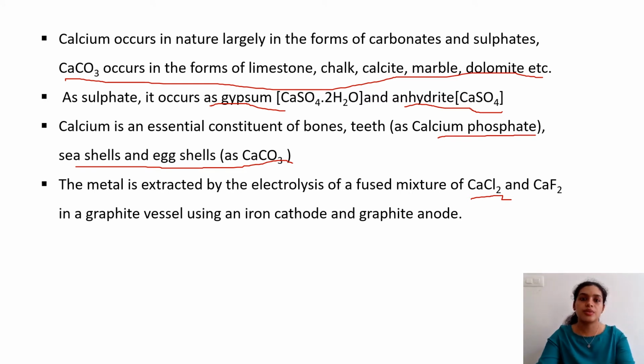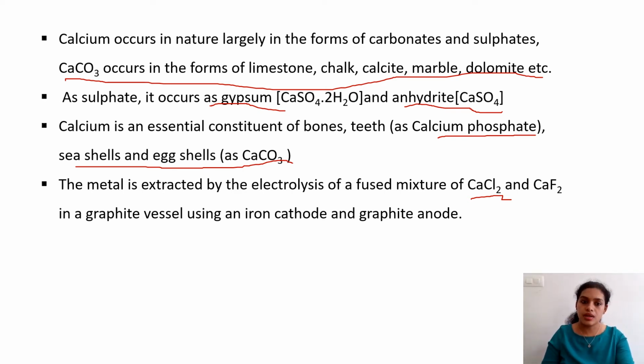It is not extracted from the abundant calcium carbonate or calcium sulfate. Instead, it is extracted from calcium chloride. That would be the feasible process. Okay, that's why they consider their abundance, their processability, the low cost of processability, and by considering all these facts, the cheapest or best method to extract this calcium